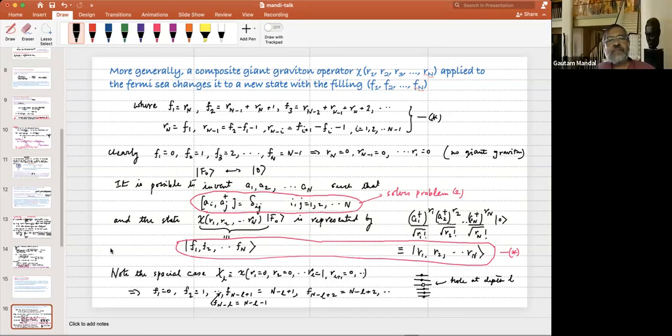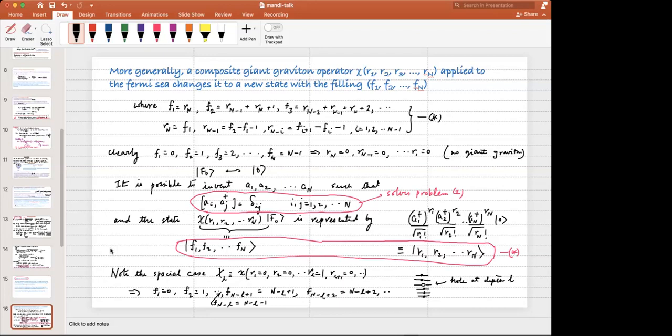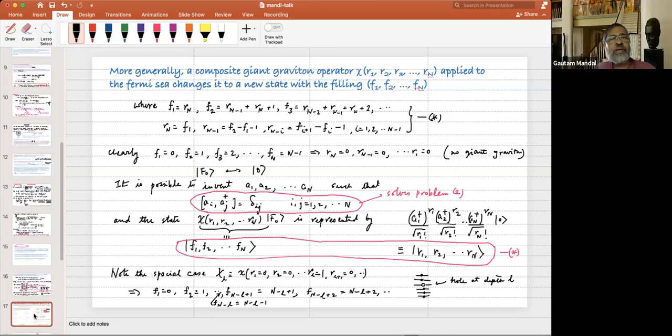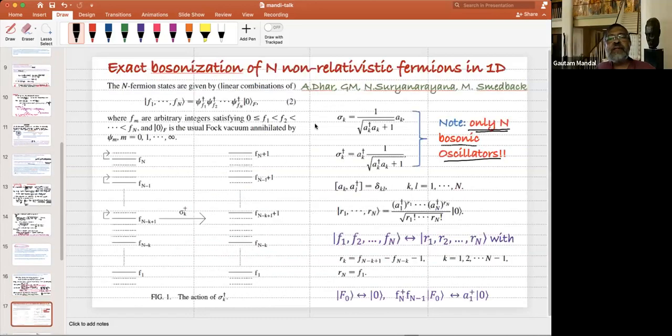That's correct. I's and J's. That's correct. Right, okay. So therefore the capital N cutoff is like the cutoff on the angular momentum. That's absolutely correct. Okay, so now since I'm at the last minute of my allowed time, so the basic point